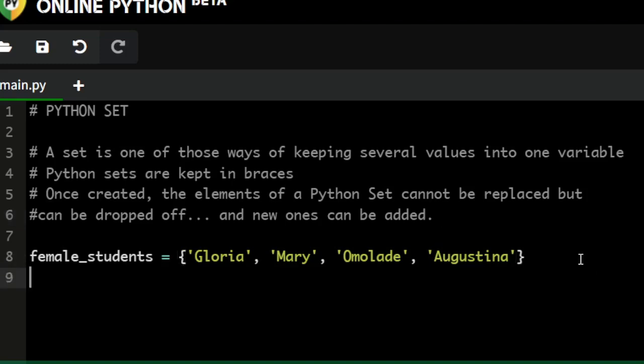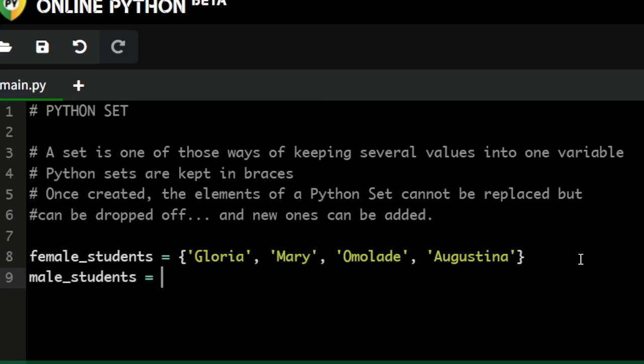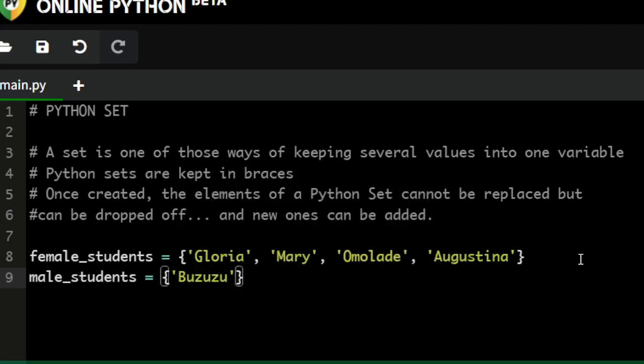Okay, let me create another set, male students. So we are going to be doing stuff with this. Okay, so we have Buzuzu, and then we have